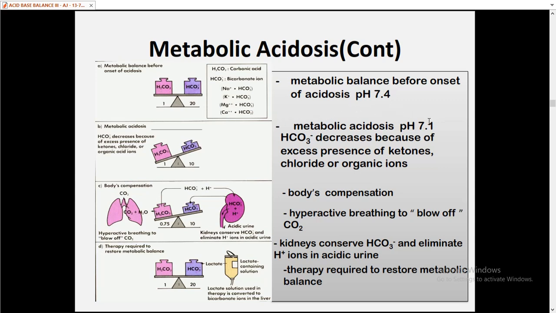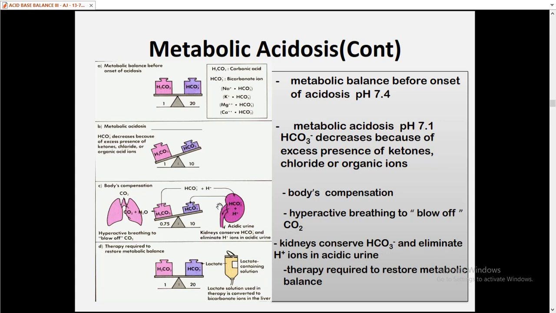When the pH starts disturbing and it starts dropping down to 7.1, this bicarbonate decreases, and because of excess presence of ketones, chlorides, or organic acids, the body starts its compensatory mechanism by hyperactive breathing to blow off the carbon dioxide. So the patient starts hyperventilating, and the kidney starts conserving bicarbonate and eliminate hydrogen ion in the acidic